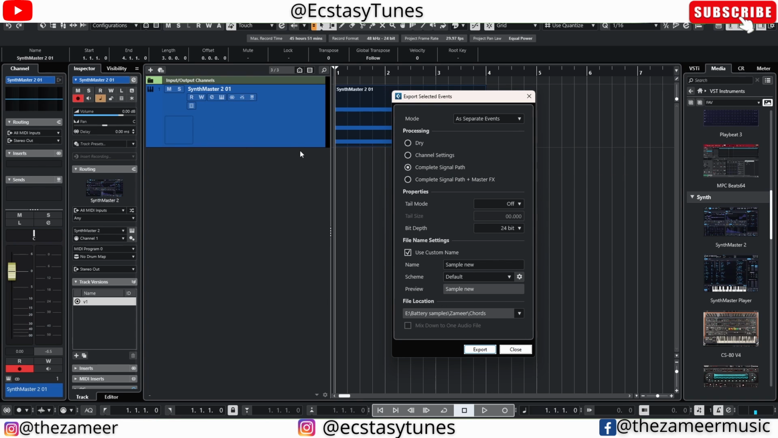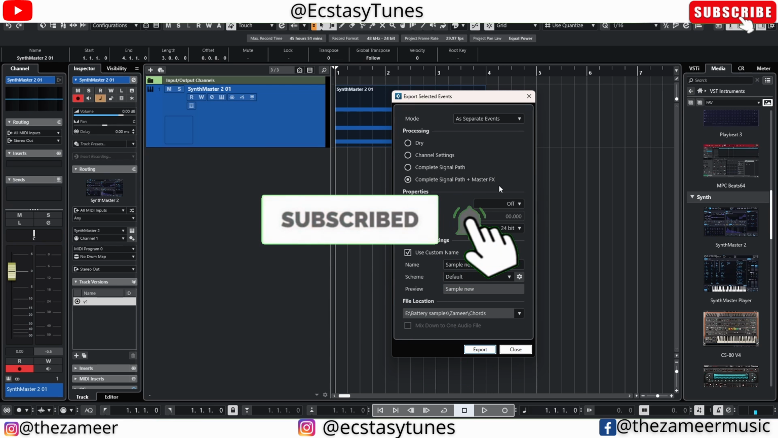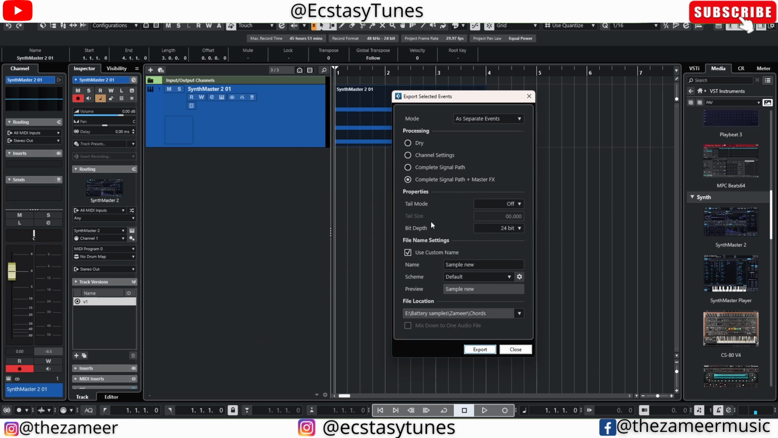And if you have some plugins in your master stereo bus, such as saturations or limiter, and you want that to be printed together with the sample, then you choose complete signal path plus master effects, right? I'm gonna just use dry because I don't have anything right here. So I'm gonna name them. So let's say